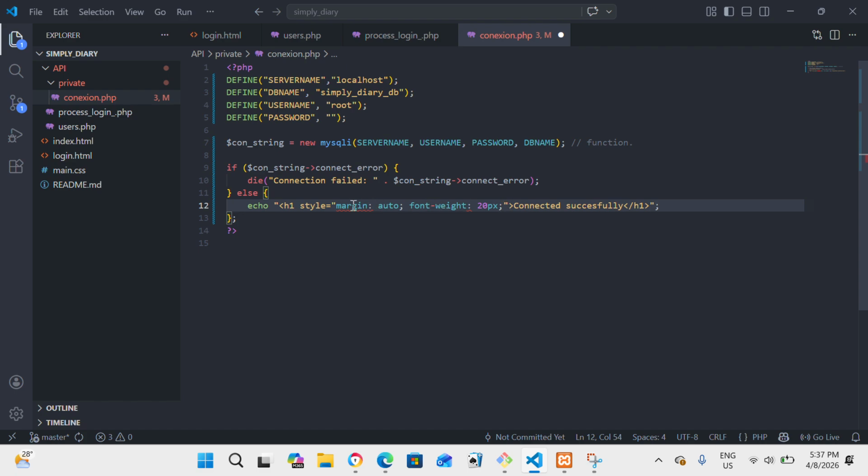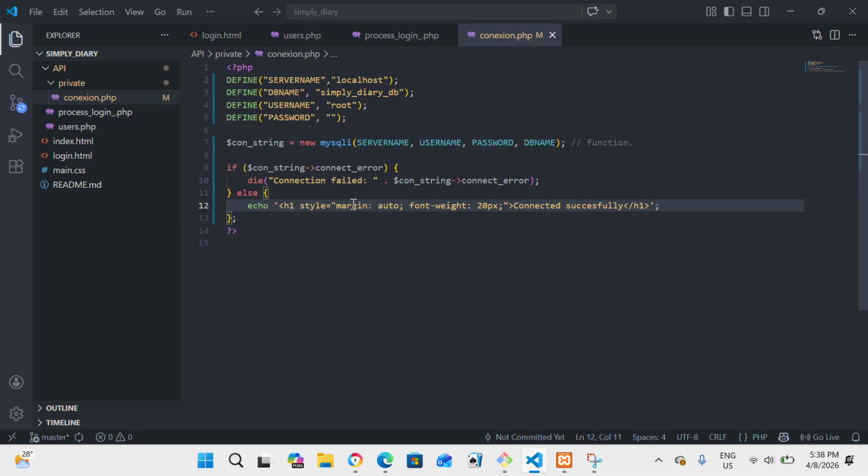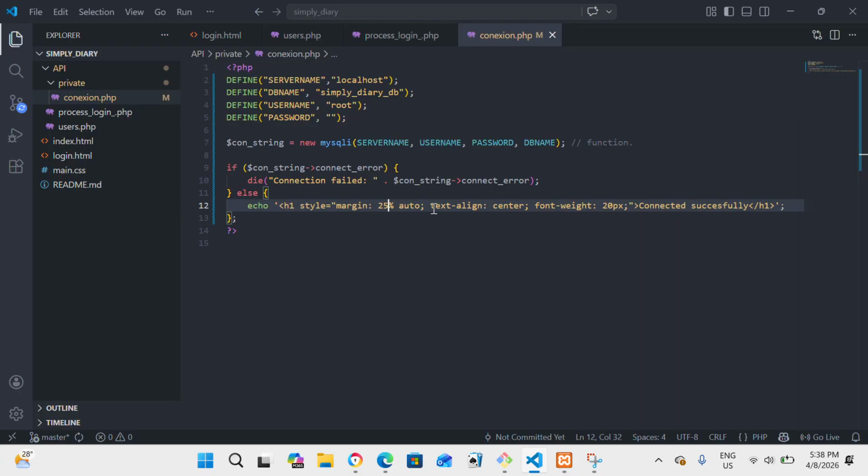Let me see what I'm missing. Style. Oh, I am missing that this should be with single quotes and not double quotes. Okay. And now let's refresh, and you can see that it is bigger. And let's put it in the center. Text align center, and margin auto is for left and right, and for the top, let's set 25%, just like this. Let's refresh, and